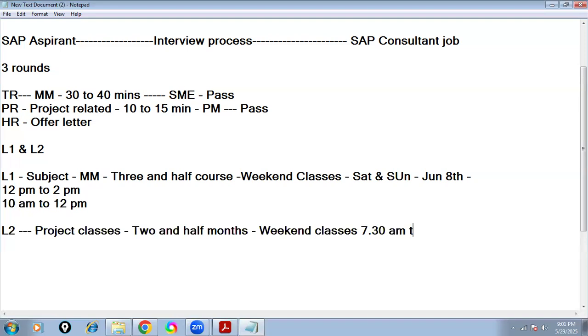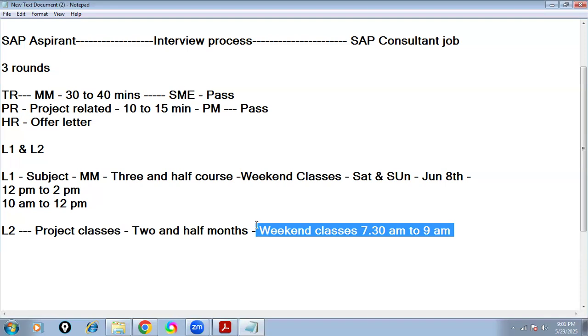to 9 a.m. Students who are interested in trying in SAP with experience, just understand this condition: with experience. So you must have project knowledge. In this training program I exclusively cover project-related things. In the market, no one covers projects. It is a very exclusive course for students who want to try as experienced persons. Just for an idea, without project knowledge, getting a job with experience is difficult. That is what I am trying to say.